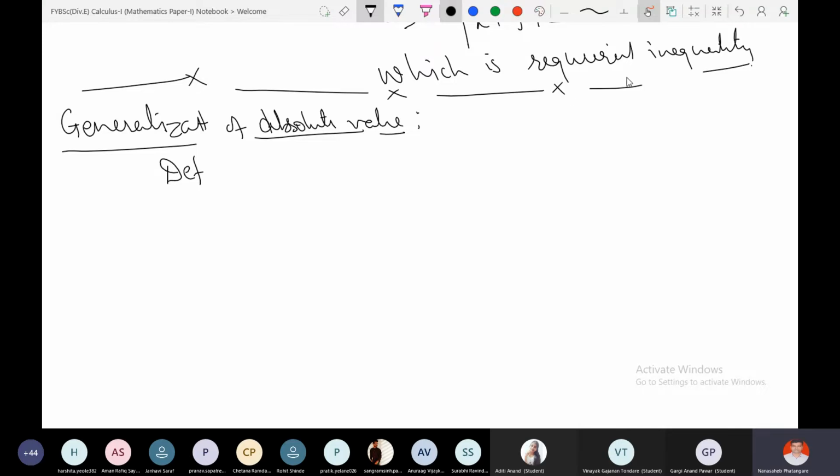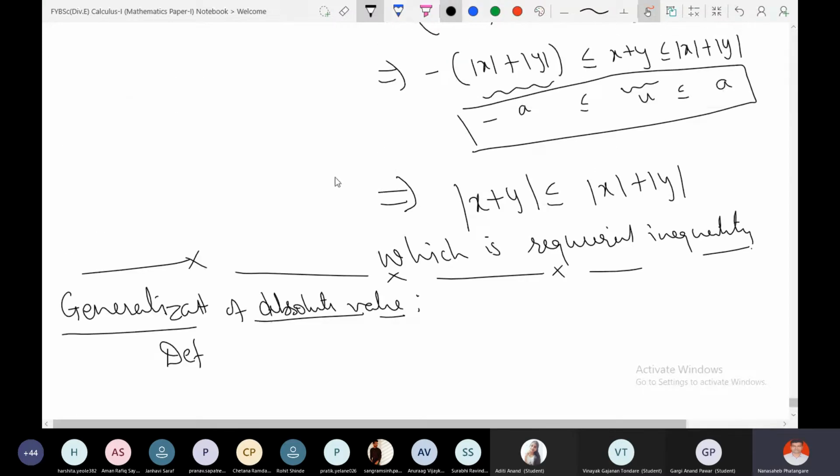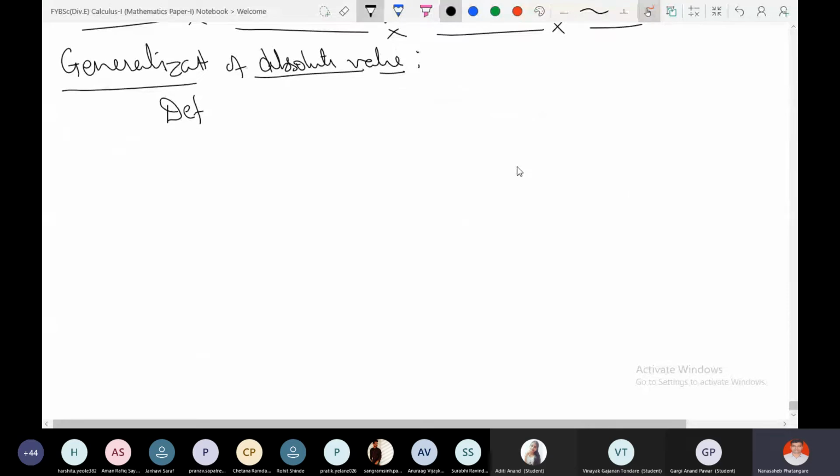This is fine. We can prove it using this property. So if you define, for x, y real numbers, if I define d of x, y is equal to,